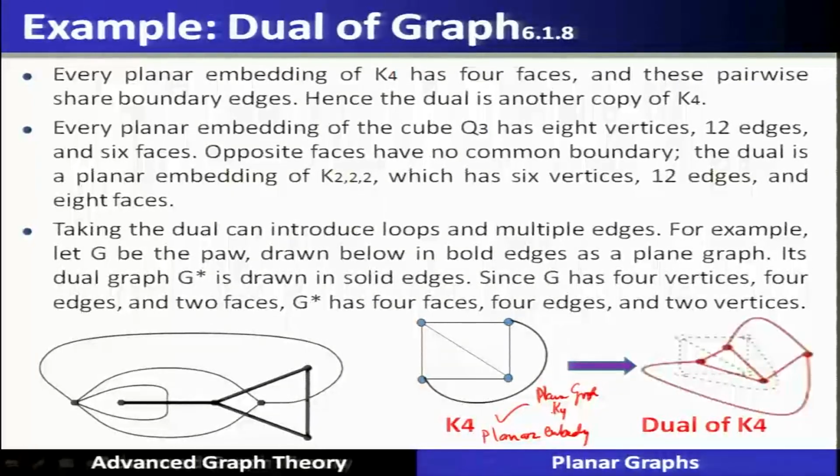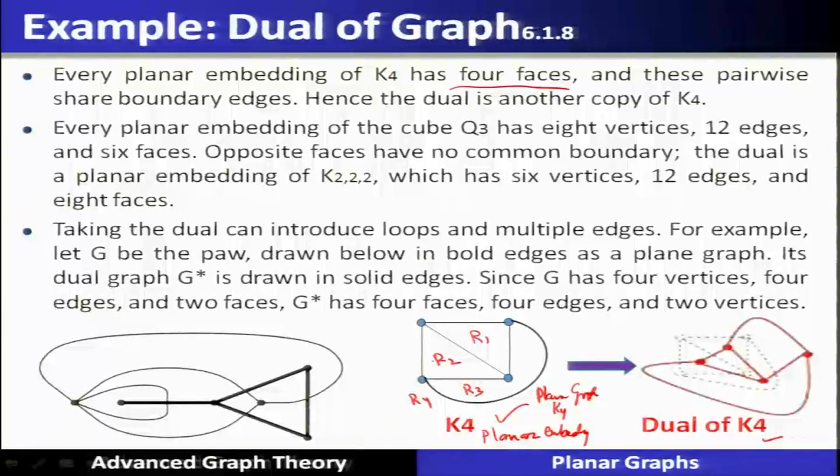Now, we can see that there are 4 faces. This is region 1, region 2, region 3 and region 4, so it has 4 faces, and these pairwise share the boundary edges. Hence, the dual is another copy. If we draw the dual of this particular graph, for every face there will be a vertex. So, you see that there are 4 different vertices of the dual graph,